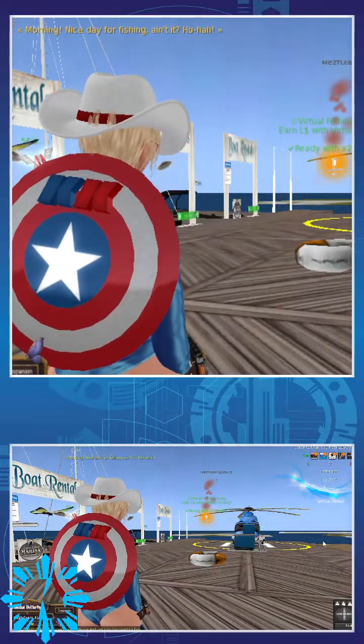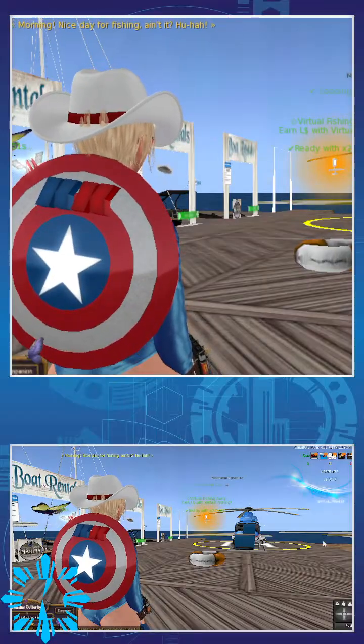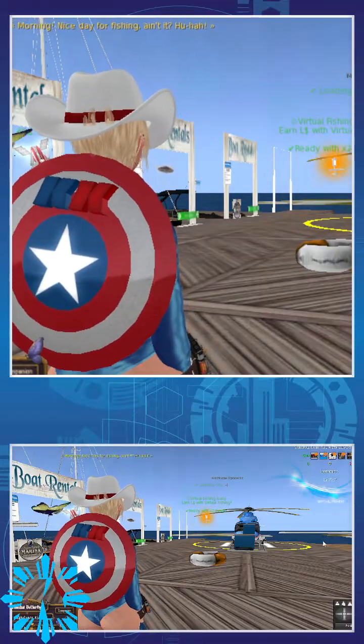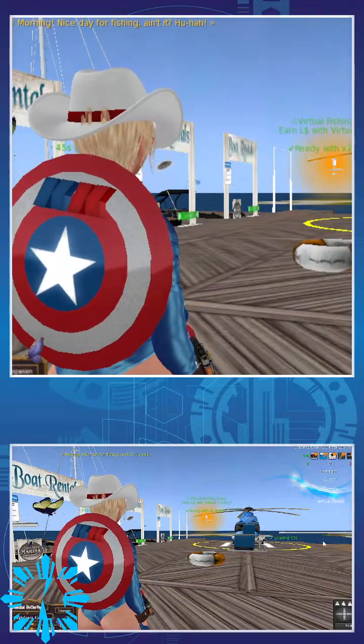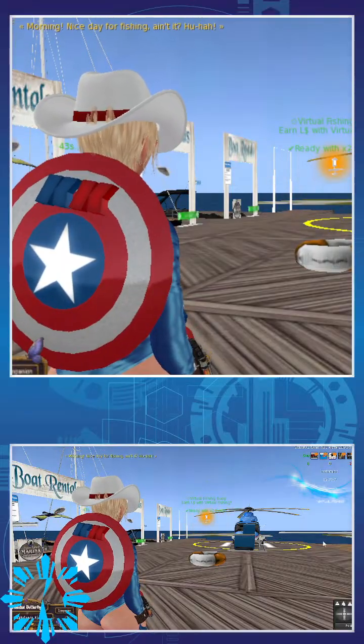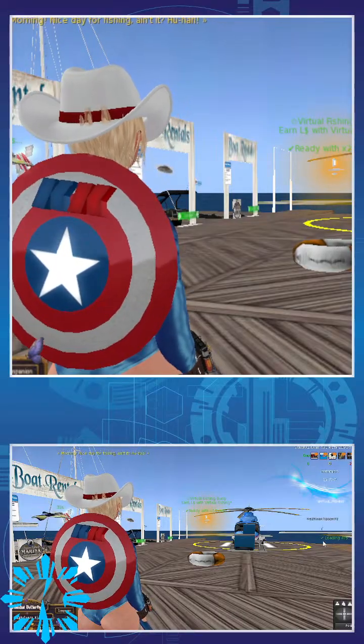Okay, so for those who are wondering what is virtual fishing, well, virtual fishing is a very simple fishing game that generates traffic for landowners in Second Life.